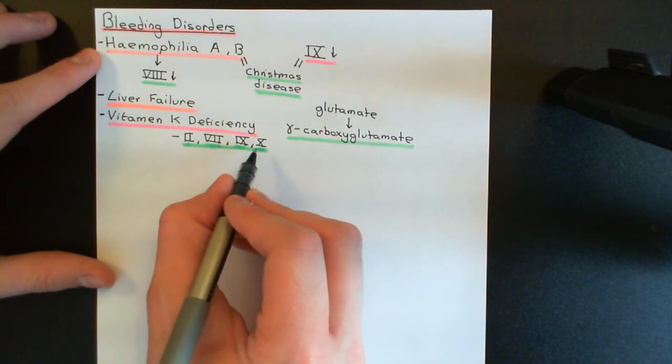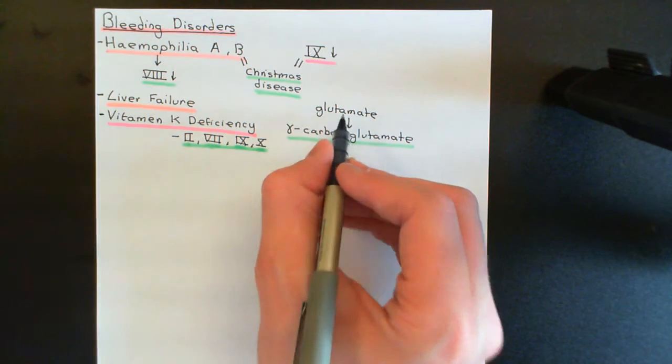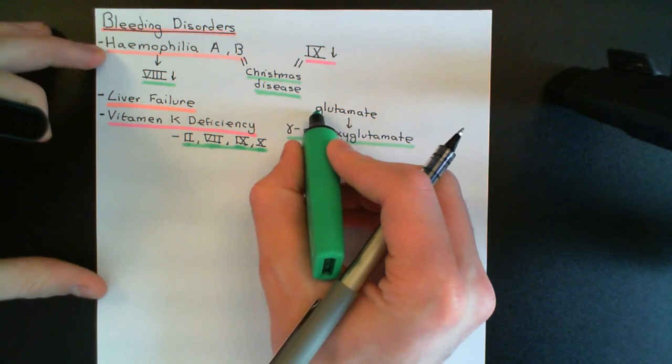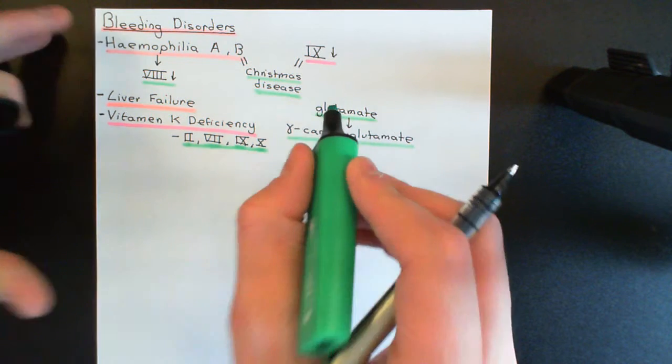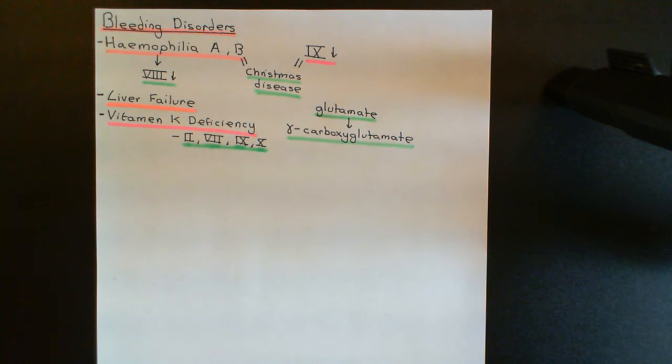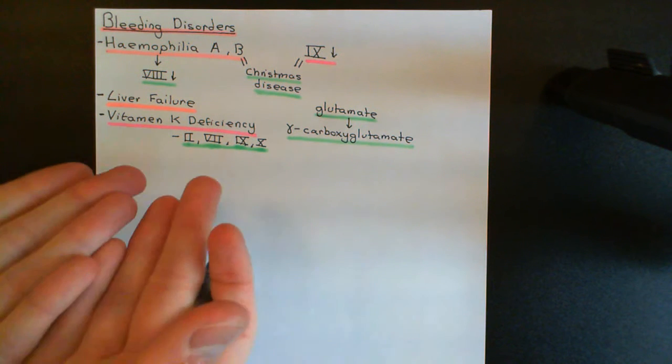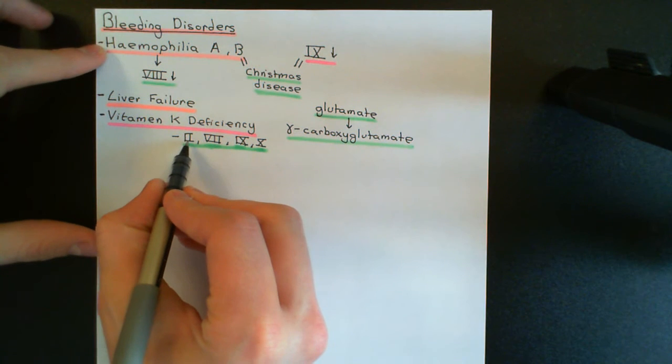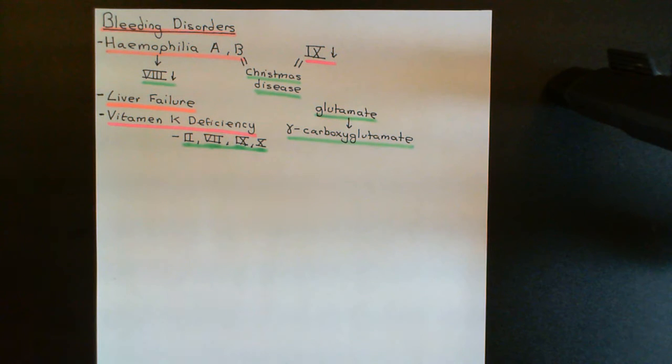So these coagulation factors will be built, but they won't get the glutamate converted to gamma carboxyglutamate, and without the gamma carboxyglutamate residues, they are non-functional. Therefore all of these coagulation factors are going to be non-functional. If you've lost prothrombin function, then the intrinsic and the extrinsic pathway go down. So fibrin meshes aren't going to be produced, and the other factors are just going to make it worse as well. Of course the hemostatic plugs will be far too weak,